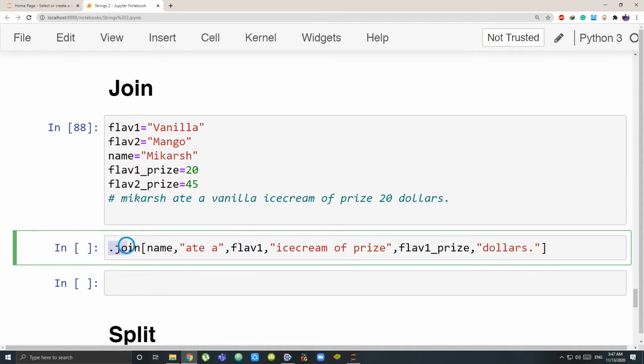That's how you apply a method, right? Dot join. And because it's a dot join, I need to have my round bracket, and this list is going inside this round bracket. Now it's your choice how you want to join all of those strings. My wish is I want to join them with a space. So inside these quotes I'll put a space.